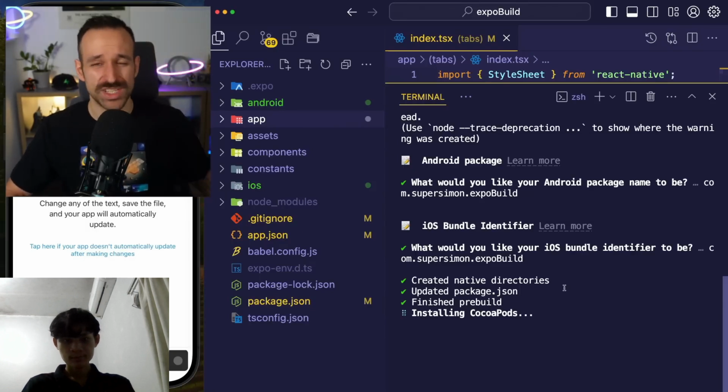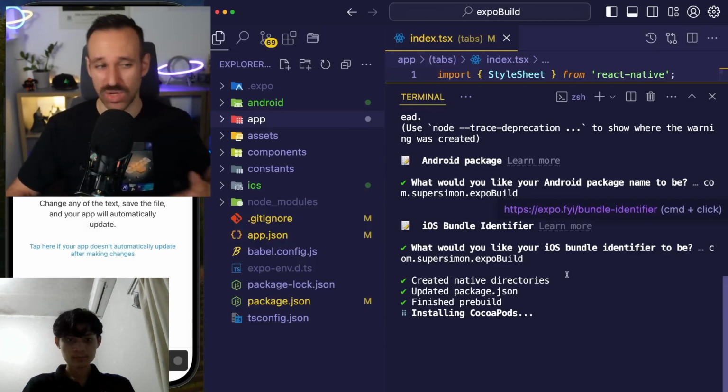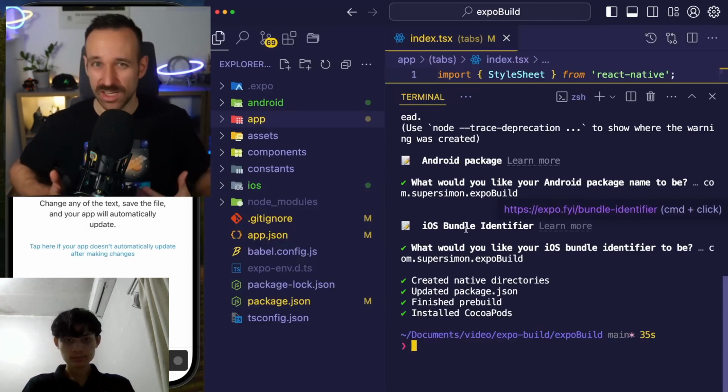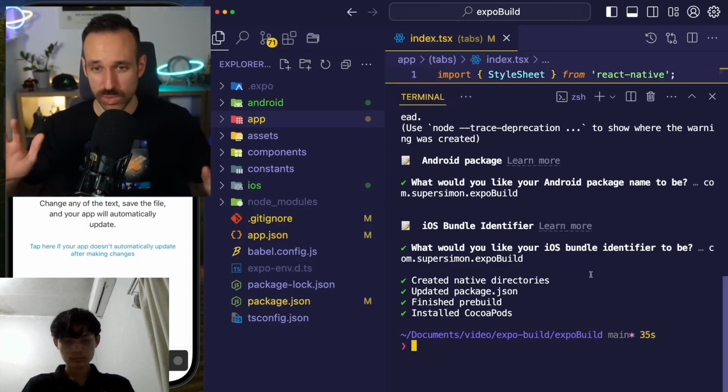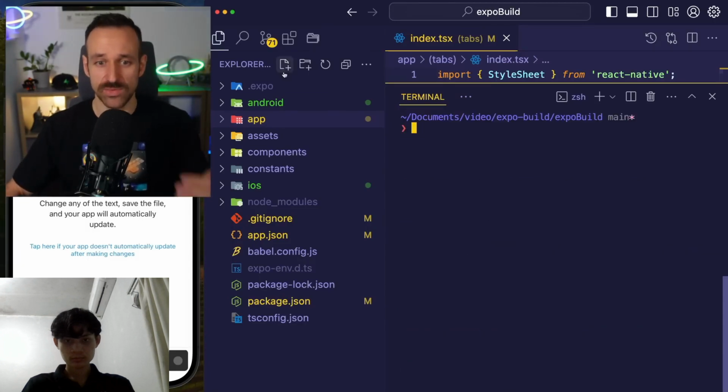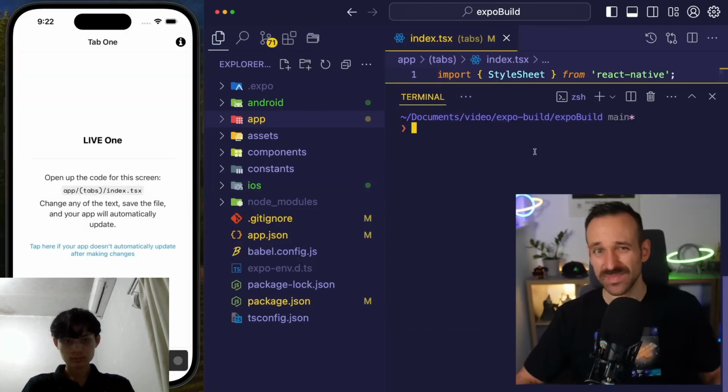There's the term continuous native generation. So there's a lot already going on after you leave the comfort of the Expo Go application. But bear with me, we're gonna walk through this. So now that you have these Android and iOS folders, the easiest way